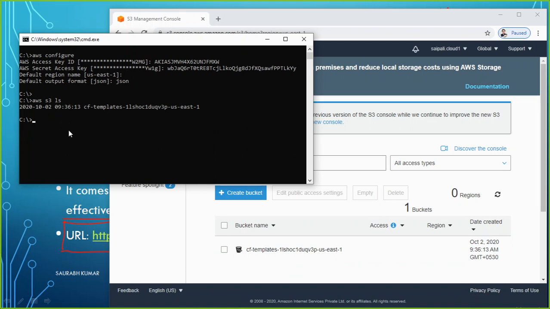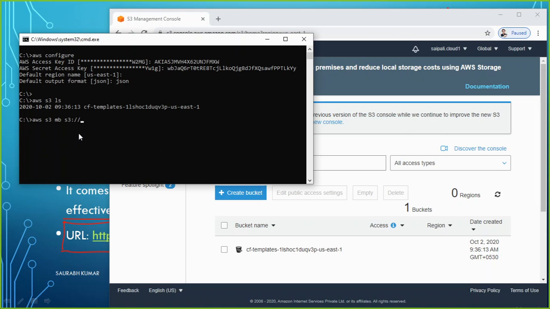Let's now do the next task. Maybe can I create a bucket through my command prompt? So let's perform that task also. Now to create a bucket, the command will be aws s3 mb, and thereafter you will type s3:// and then the name of the bucket, whatever bucket you want to create.